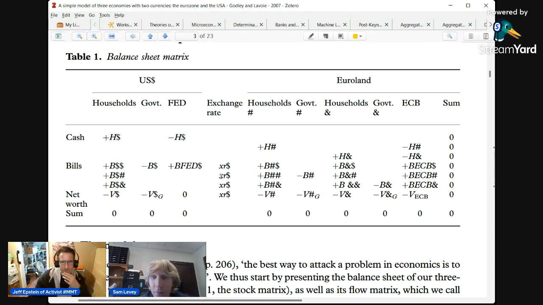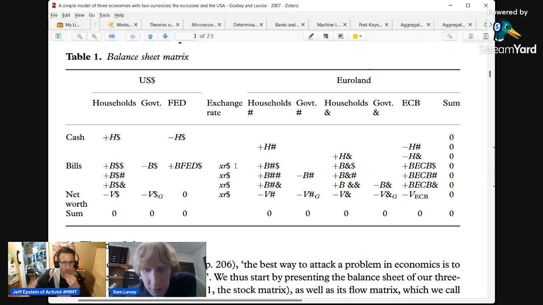Really good question. So this column does not add to 0. This would just give you like 4 times the exchange rate, which would be meaningless. So this is sort of separate from the way the rest of the columns work. Right. And then for rows, what it's telling you is that the stuff on the left-hand side of the table is measured in a different currency than the stuff on the right side. And so if you wanted to add across the table, you would not get 0 unless you factor that in.